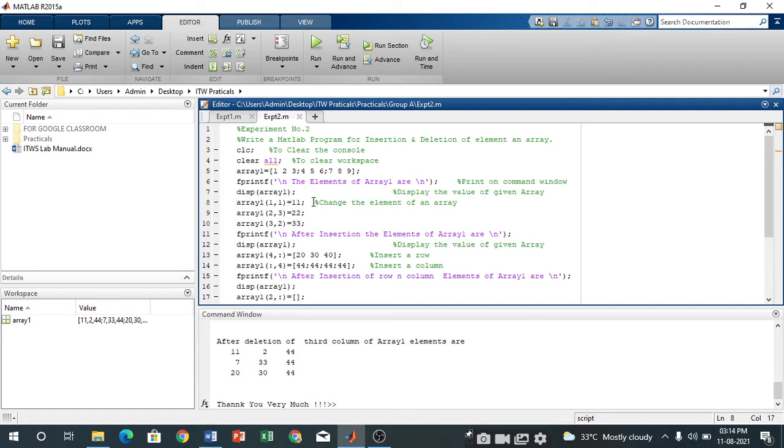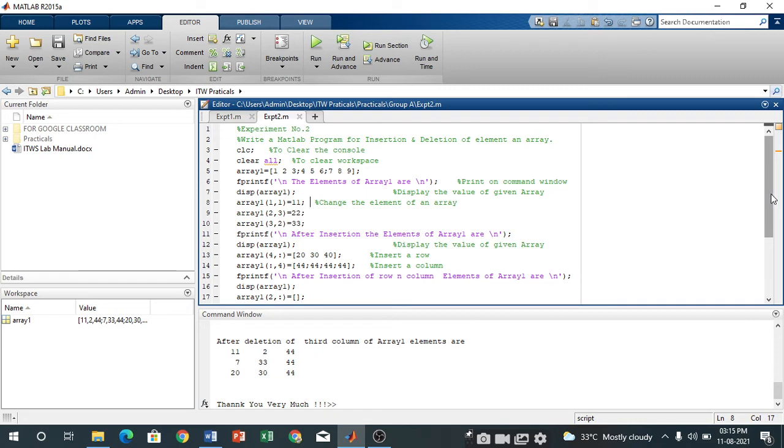Okay, so what I am trying to do over here: array 1, row 1, in that position it will insert 11, same array, second row, third position it will write 22, and in row 3, second position it will write 33.